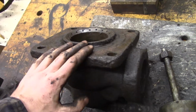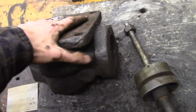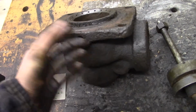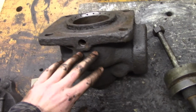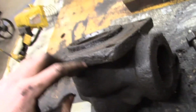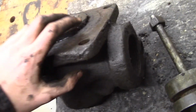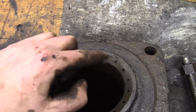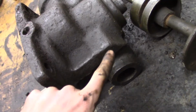And I am also very impressed by the skill and the intricacy needed to make this part. This old, greasy, nasty piece of cast iron from the 1920s or 30s is, in my uneducated opinion as far as casting goes, pretty complicated. There's a lot of internal passages that are required to make this casting. I mean, there has to be an internal channel that's been cast, not machined, because this is one piece, cast into this area around the entire intake valve so that they could drill these holes and have these holes meet up with a channel that's inside here